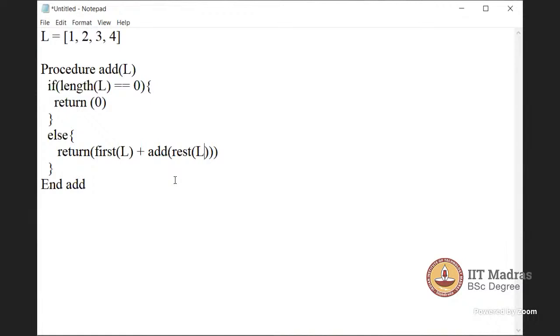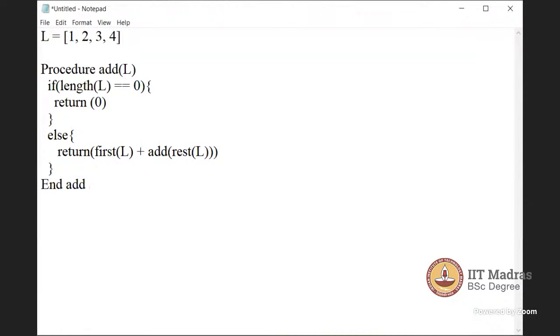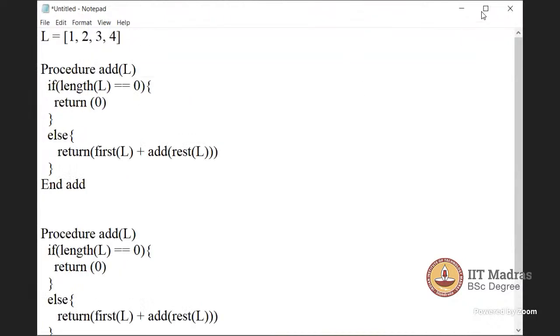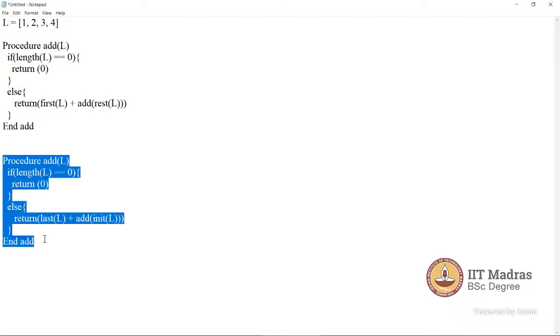Are you understanding? It's very close to that factorial example, right? Yes, sir. Correct. Instead of multiplying the elements, we are adding here, right, sir? Correct. What if I change this code a little bit? Just look at this second procedure. Instead of this, I maybe do, let's say, last of L, and instead of this, I do init. Will it work? Yes, sir. Correct. So as you see, both these procedures are equivalent. They go in the opposite direction, but finally you get your expected output.